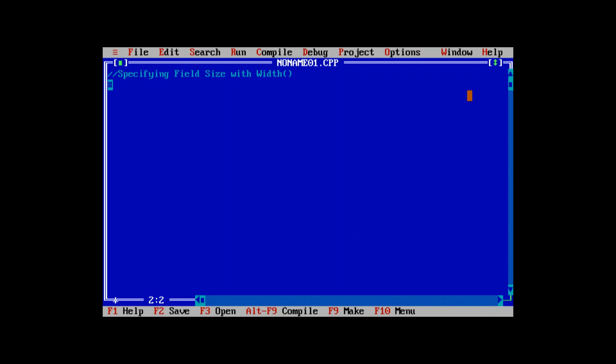Now starting with the header file, that is hash include iostream.h, then hash include conio.h, then there is an int main, that is the main function,